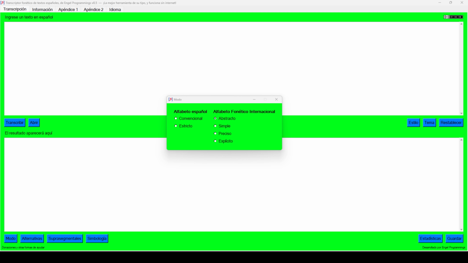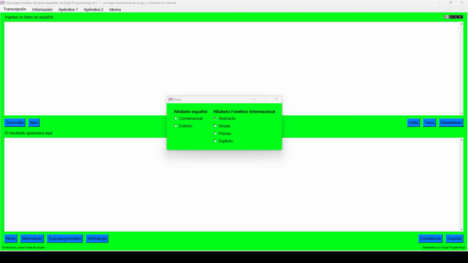However, in addition to having the option to transcribe with the International Phonetic Alphabet and in different levels of detail, you can use the same Spanish alphabet instead of the International Phonetic Alphabet, but this option is more limited since the International Phonetic Alphabet is specifically designed to represent the sounds of human speech, whereas the normal alphabet of the Spanish language is not. Even so, it can work. In this case two modes are defined. One tries to implement the logic of the traditional spelling of the Spanish language, which is already very good phonetically speaking, that is, the most common patterns, and the other is stricter with regard to the phoneme-grapheme relationship.